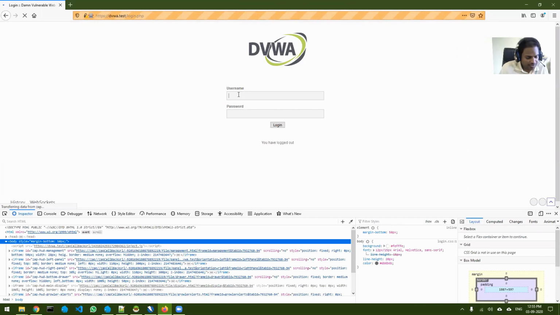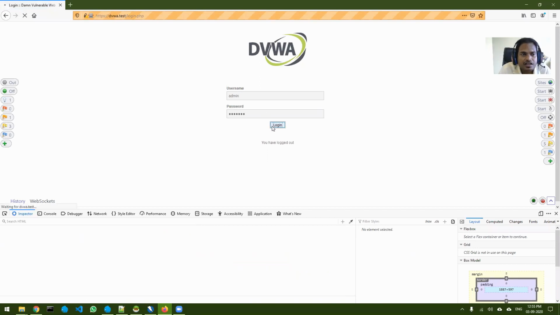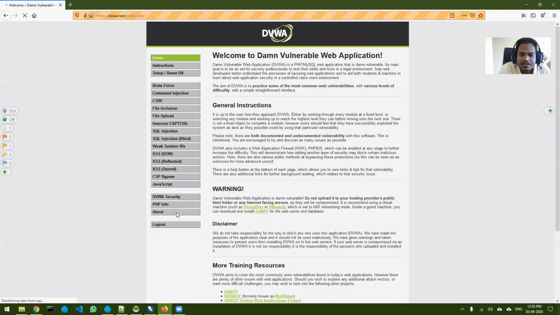Okay, so if I try to log in, admin, temp123, click on login, and it's in, right? It logs in perfectly. Okay, so now once you're logged in, somehow you have to make the user, whoever is logged in, click on